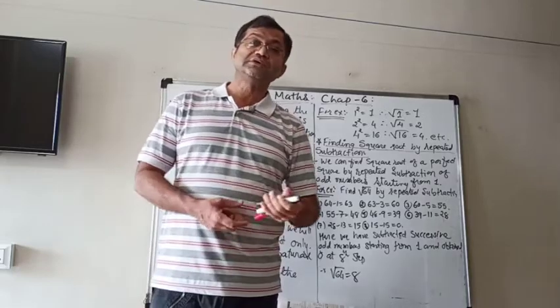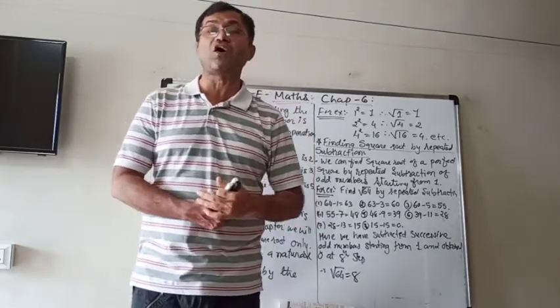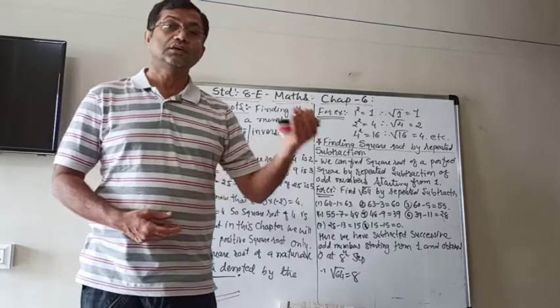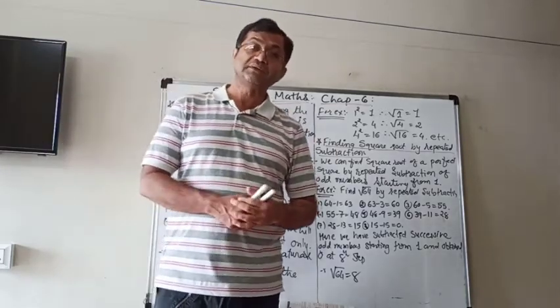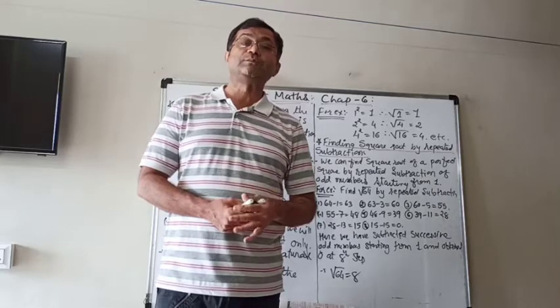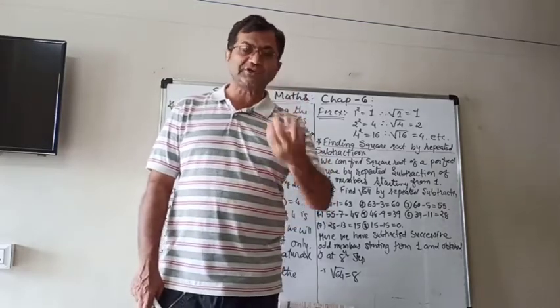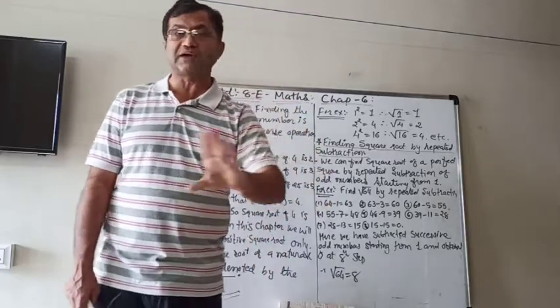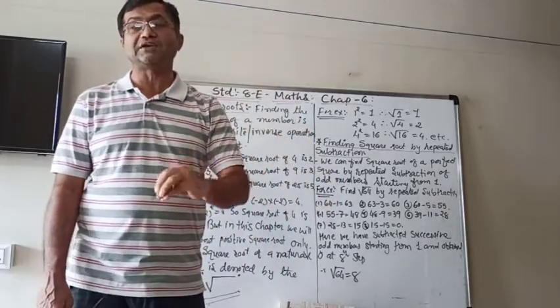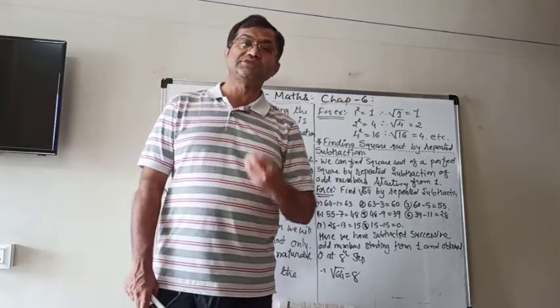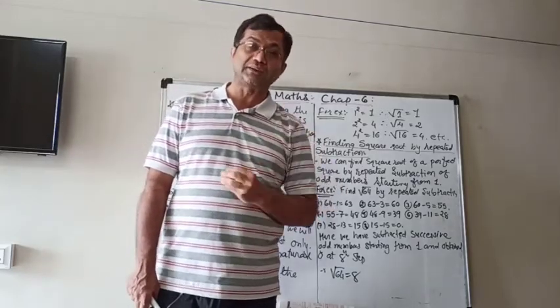We have to repeatedly subtract the odd numbers from the number, and we have to bring 0 at last. If it is a perfect square, only then will we get 0. Otherwise, we won't be able to find the square root, because square root is possible only for those numbers that are perfect square numbers.